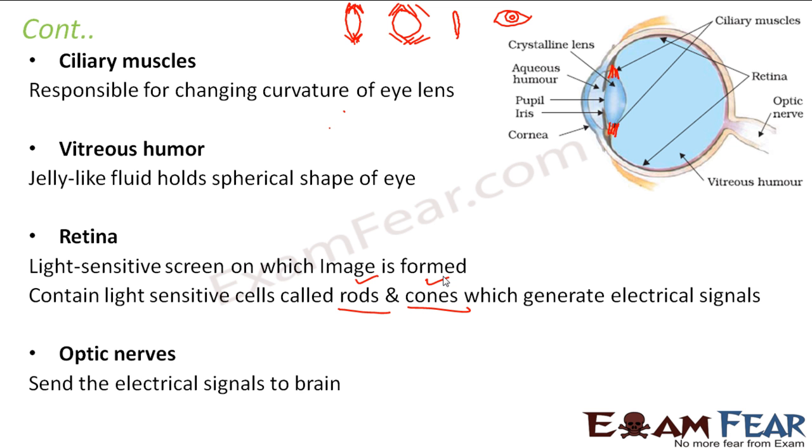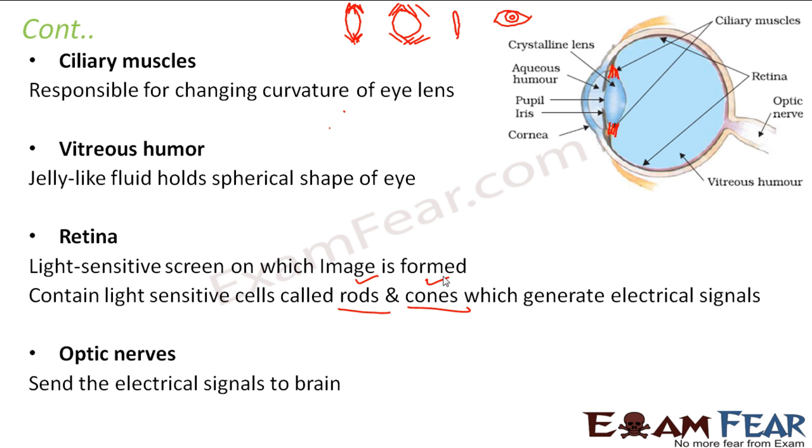Right? For example, I will give you an example. Let us suppose you are standing in front of a school. The purpose of your eye is to form an image of the object which you are seeing. What is the object that you are seeing? You are seeing a building, right? So the purpose of the eye is to form an image of that building. So it has formed a real and inverted image of that building on your retina. But what makes you understand that this is a school or this is a building, that is done by your brain.